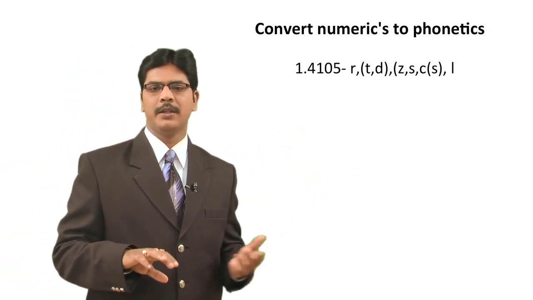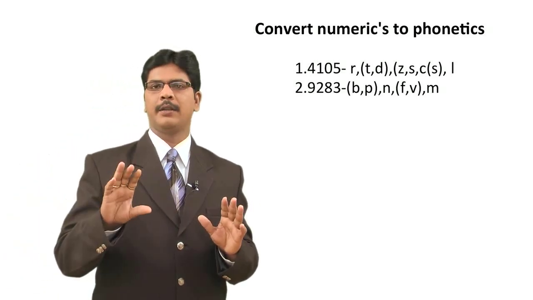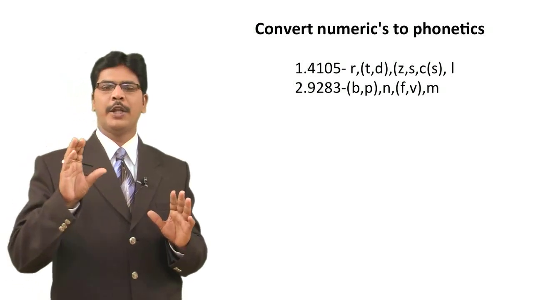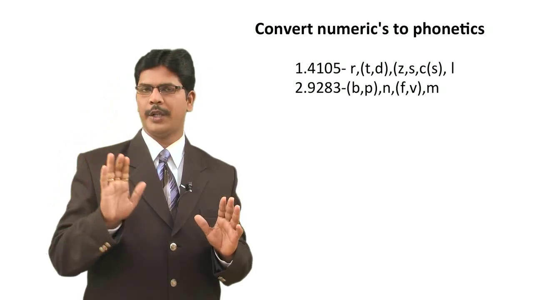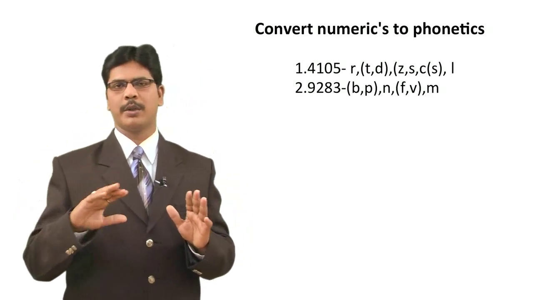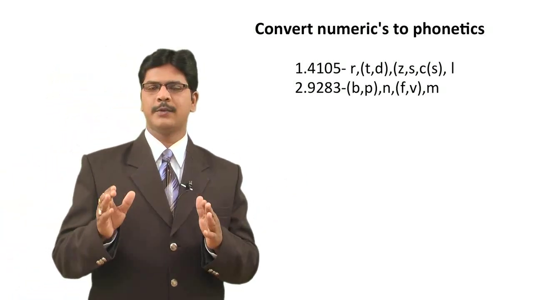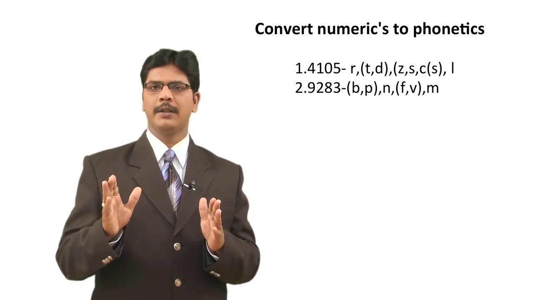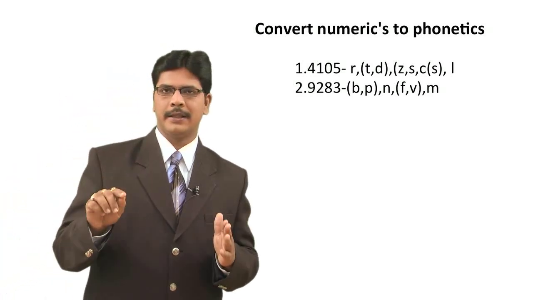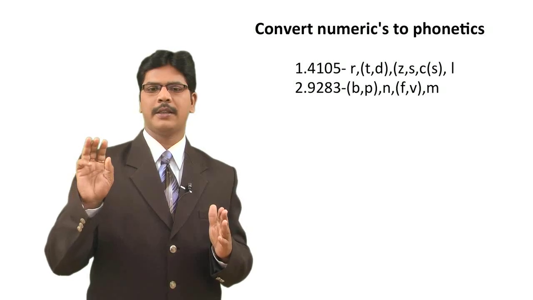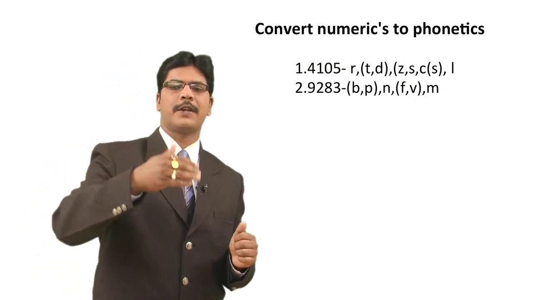Let me explain one more example. Say 9283, that's the number. Now 9, what is the phonetic constant for 9? The phonetic constants are B and P, so write B and P. Maximum recall from your mind only. Don't try to look in the book or go back in the video and check it once again. Because this is the first exercise, once in a while you can look, but try to avoid seeing it again and again. Next you have 2, which is N, 8 you have F and V, and 3 is M. You have to recall all the phonetics. So I gave you some set of exercises.